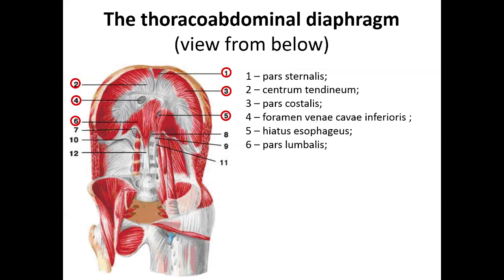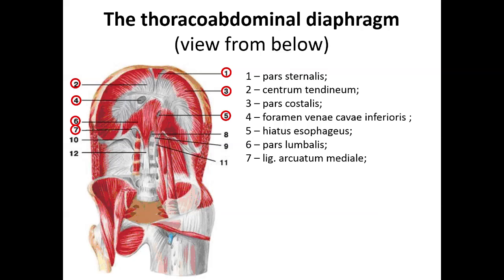And one of them, number 7, we can designate as ligamentum arcuatum mediale. I said they form arcs. So these arcs serve for muscles which pass under it. So number 7, ligamentum arcuatum mediale,